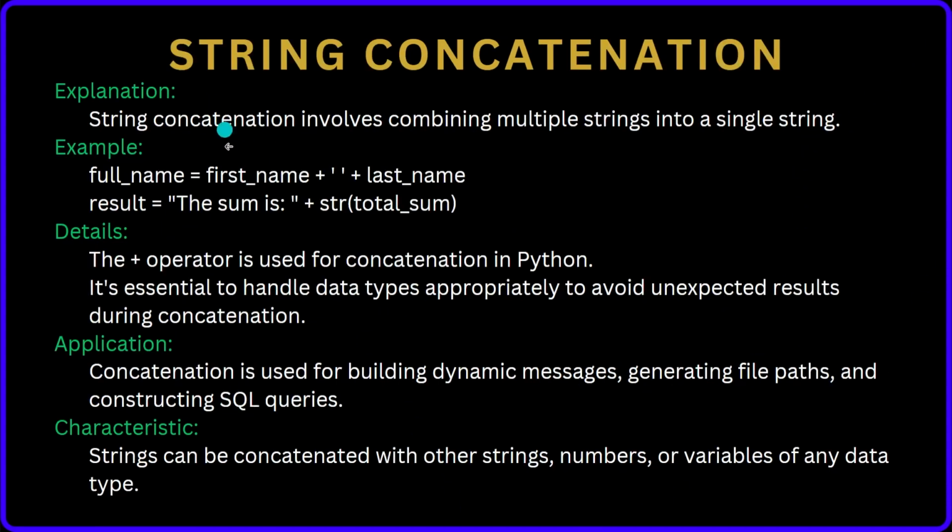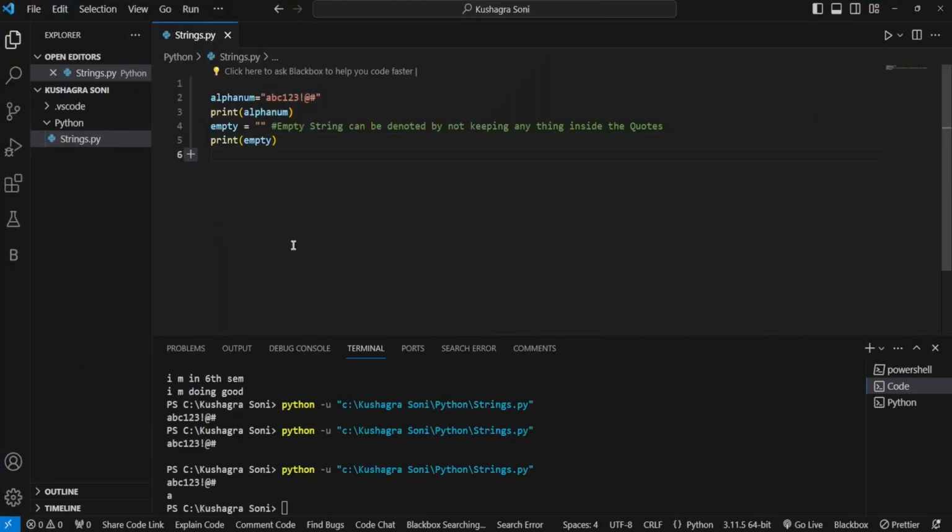Next slide: string concatenation. We can add two strings into a single string. For example, full name equals first name plus last name. Result equals sum plus str total sum, so total sum is the string. For example, let's head back to this code. Here we make a